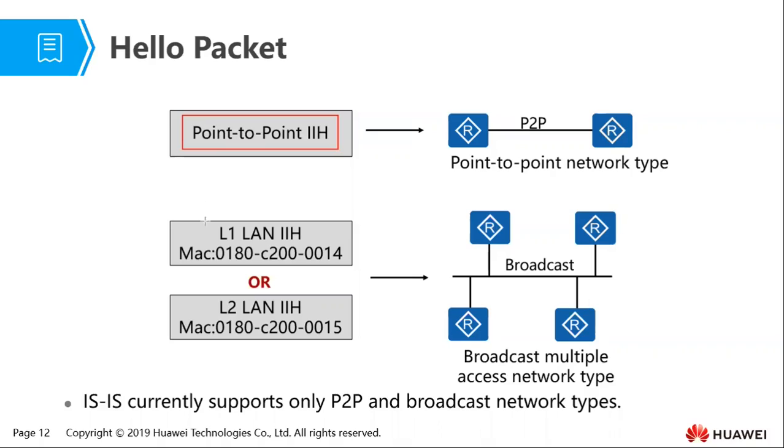The other one is known as level 1 LAN IIH. Then the next one is known as level 2 LAN IIH. So those are the 3 types of IIH packets that are supported